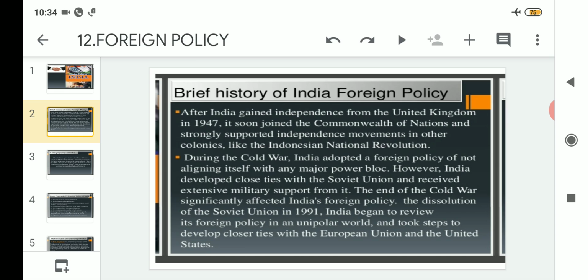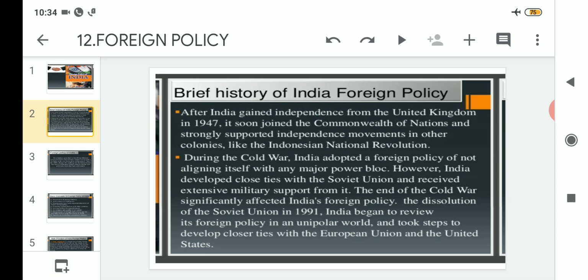So it started reviewing that, as the USSR is not there, slowly and steadily India began to build good relations or closer ties with the European Union and the United States also, because the European Union was one of the powerful intergovernmental or regional organizations at that particular time, and the United States of America was also the lone superpower. So it was quite necessary for India to review its foreign policy, and in order to